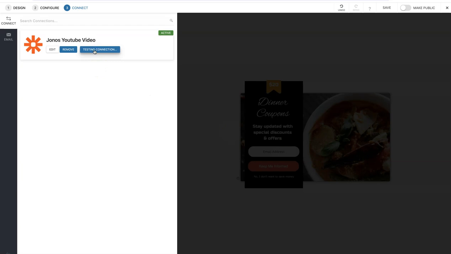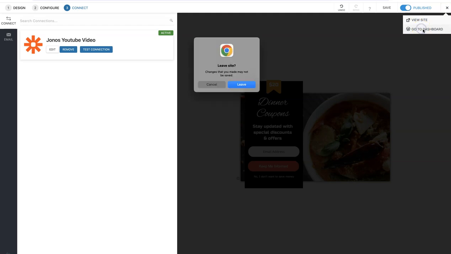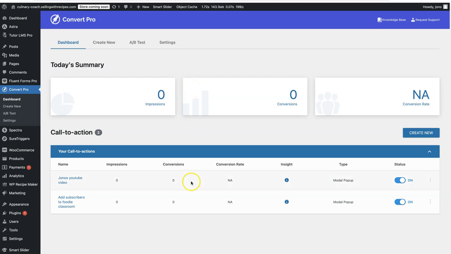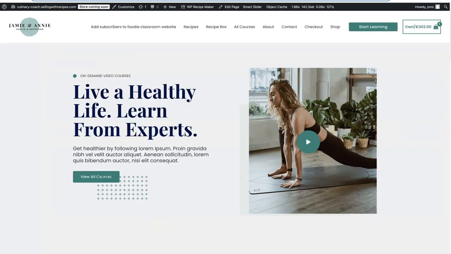And we want to go test. And it says test it now. Oh yeah, don't forget to make it public up in the top right corner there. I want to go back to the dashboard because I have two pop-ups on the site now. So that's the one I showed you working at the start. You can turn it off here from the main window of the plugin. So we go here, refresh the page,